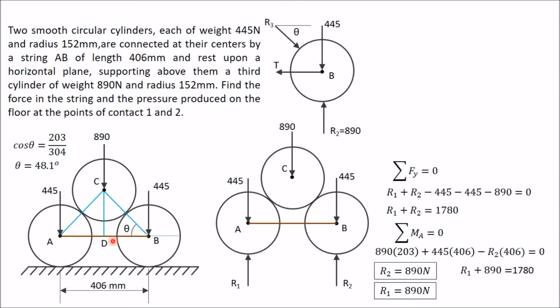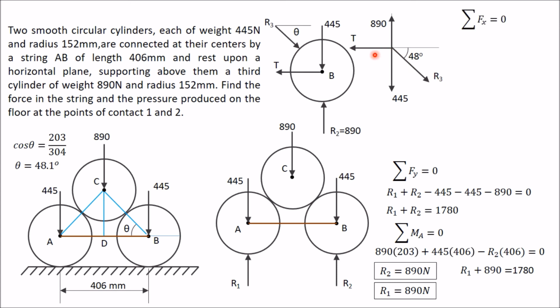So this R3 will also make angle theta from horizontal, and it will pass through point B. Now all the forces are passing through point B, and therefore this is a case of a concurrent force system. In this system you can apply two equations, sigma Fx equal to 0 and sigma Fy equal to 0. To apply these two equations, I have drawn one plus sign, and this plus sign shows all these forces, 1, 2, 3 and 4 forces. I have shown these forces here.